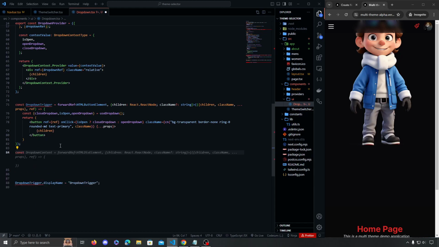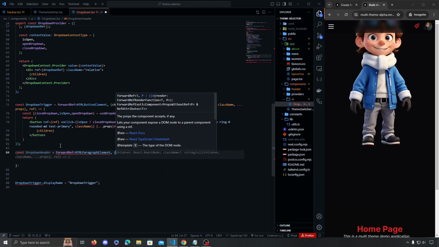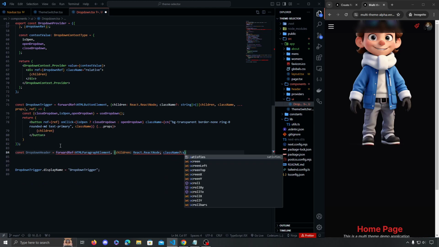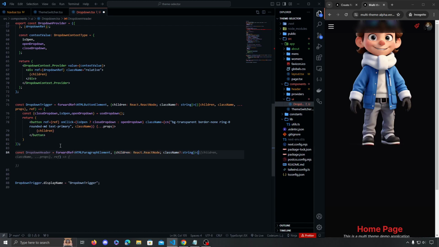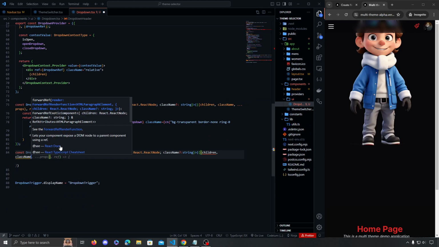So we'll say const dropdown header. It's going to be again forwardRef. That's going to be a type HTMLParagraphElement. It's going to take in children, so it's React.ReactNode. And this will also take in a className optionally, so you can override the styles on it. And that'll be of type string. Close off this bracket here, double parentheses,